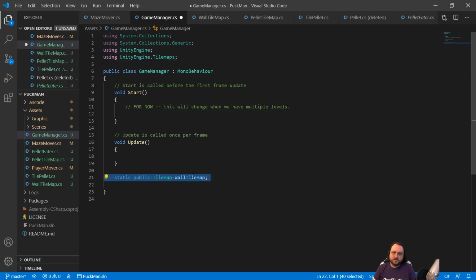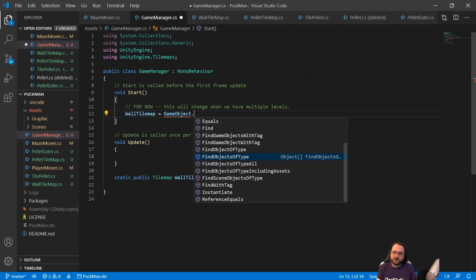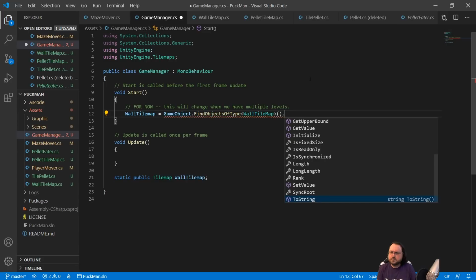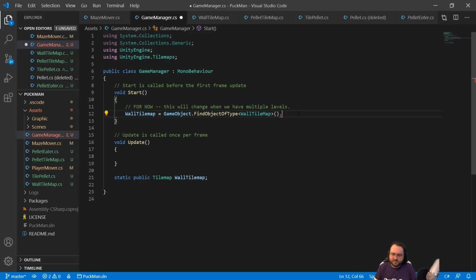Just for now, wall tile map will just get linked to game object dot find object of type wall tile map dot get component tile map. So this will have to be fixed later to support level loading. But by doing this,